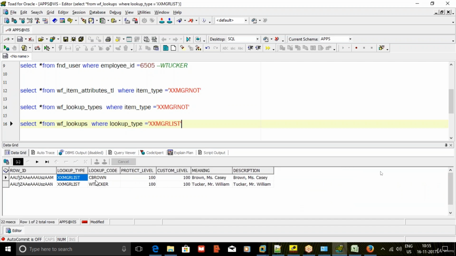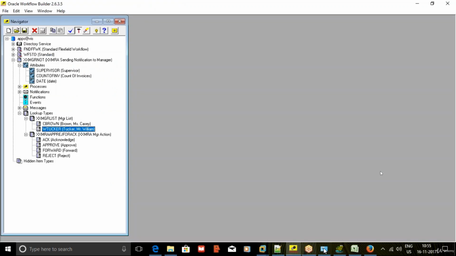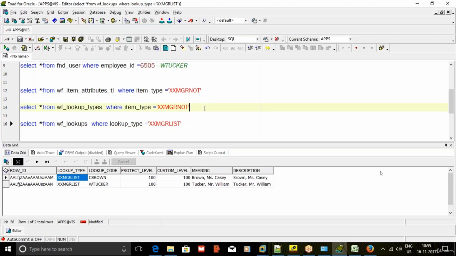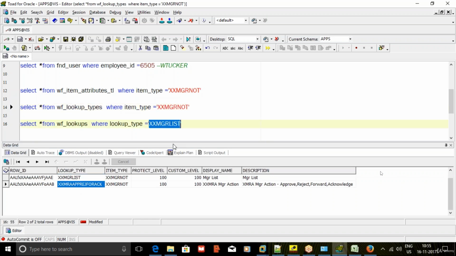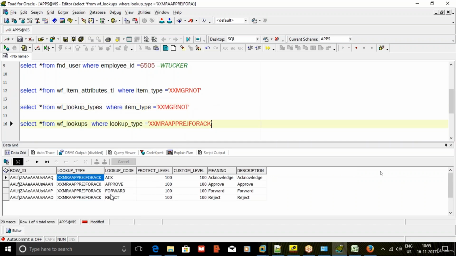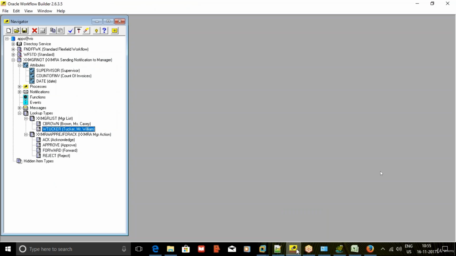So these are the two values we are having. Under mgr list, how many values are we having here? Two values. So same thing you can find. If you want to find out for another lookup type, just use this one, place your lookup type name. How many values are there? Four values are there. In this way we can work with the tables. And one more table you can find,